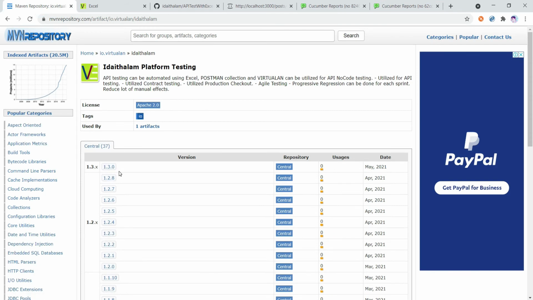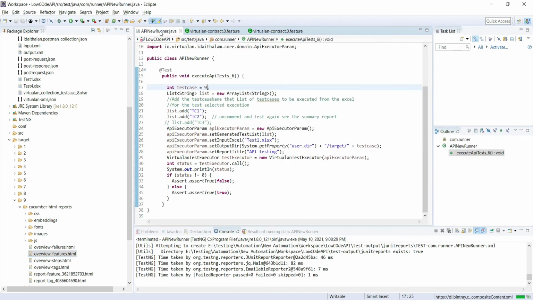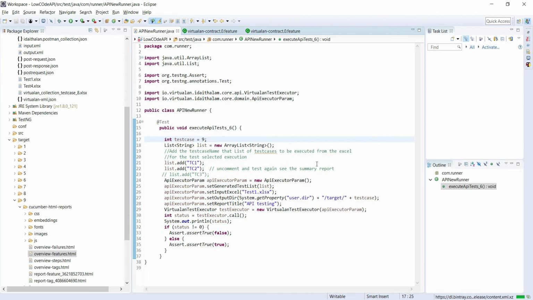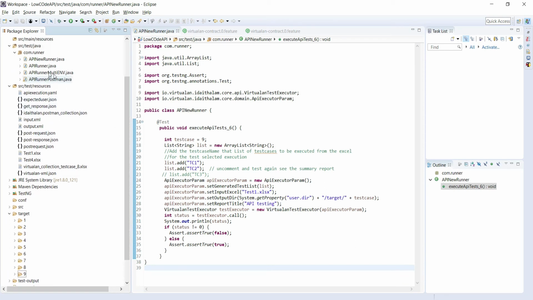If I go to their Maven repository, they have released a new version which is 1.30. In this version they have changed the API runner. Okay, so this is a very useful change. They made it pretty simple compared to the previous one. If I open my old runner, this is the API runner we were using previously.